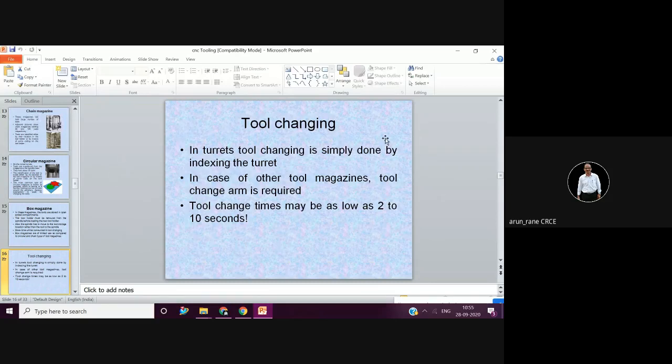If it is a 40 tool magazine, and you are using tool number 1 and now you want tool number 20, whether you rotate clockwise or counterclockwise, it's going to have the same time. So the maximum time should be 10 seconds, not more than 10 seconds.